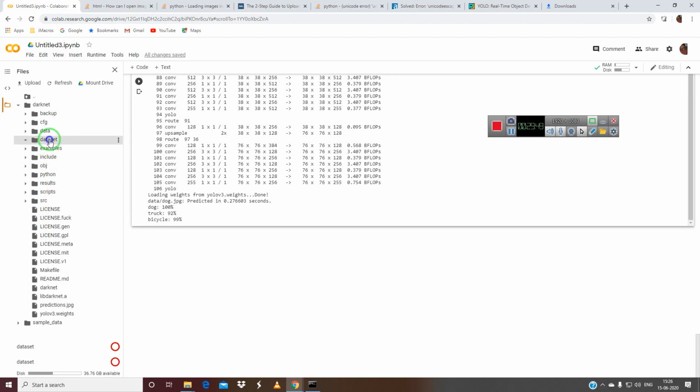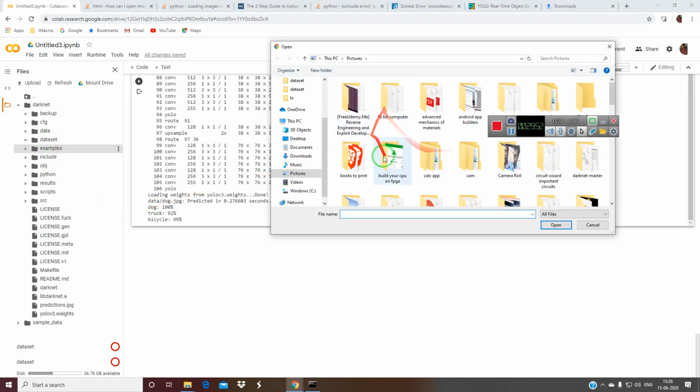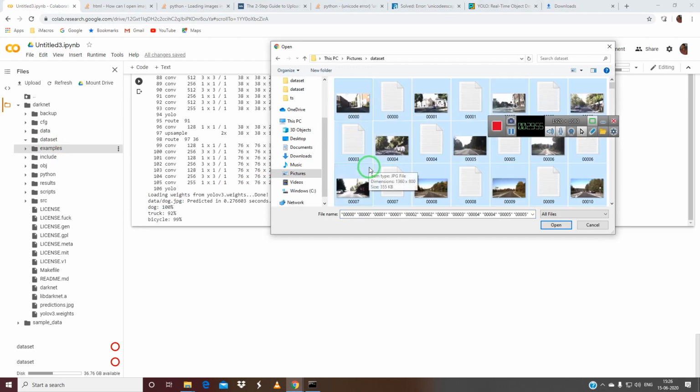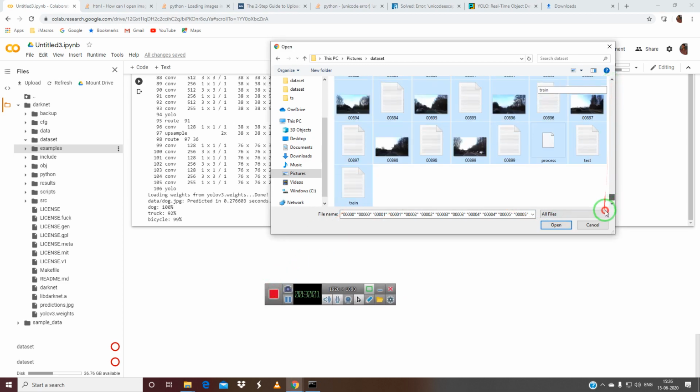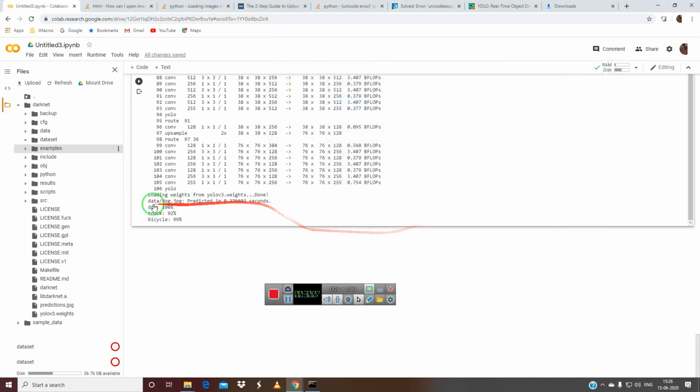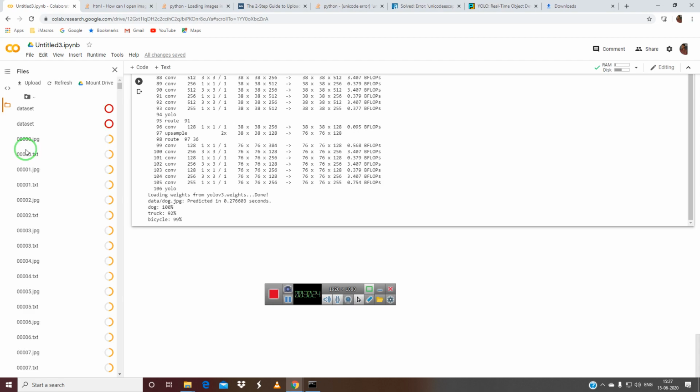You just go inside it. Upload. And get over here. Control A. And open every file over there. Process.py also is included. So it should upload now. Two folders have been uploaded. Dataset. Okay, it has been